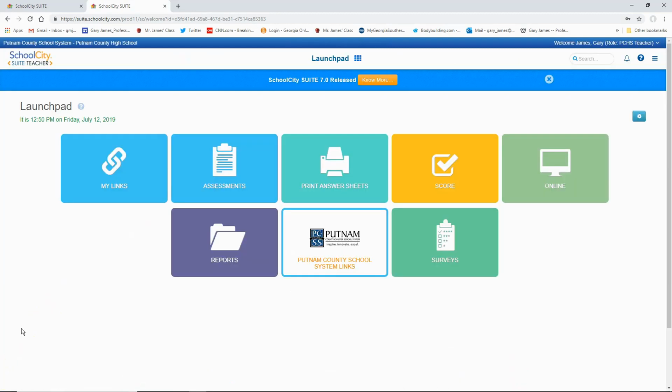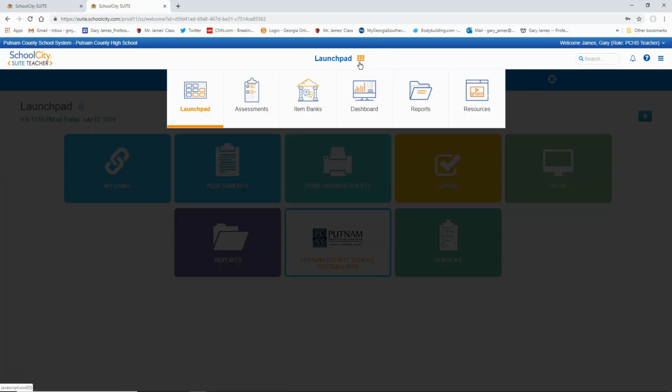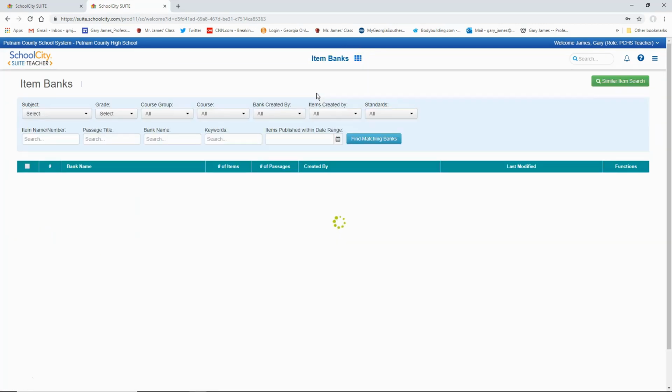Once you log in, a Launchpad screen will appear. Please click the 9 boxes icon located just to the right of the word Launchpad on your screen. So as you see here, it's the 9 boxes, so you want to click that. It's going to bring up a new set of icons. You want to click on Item Banks because we are going to be creating an assessment item and placing it